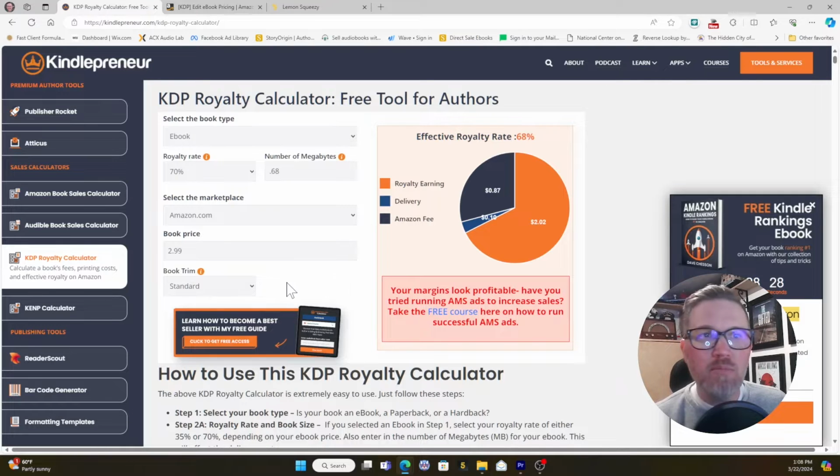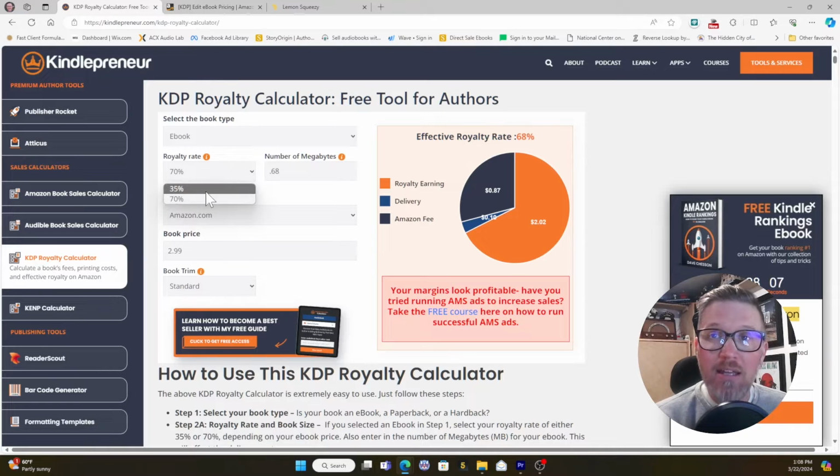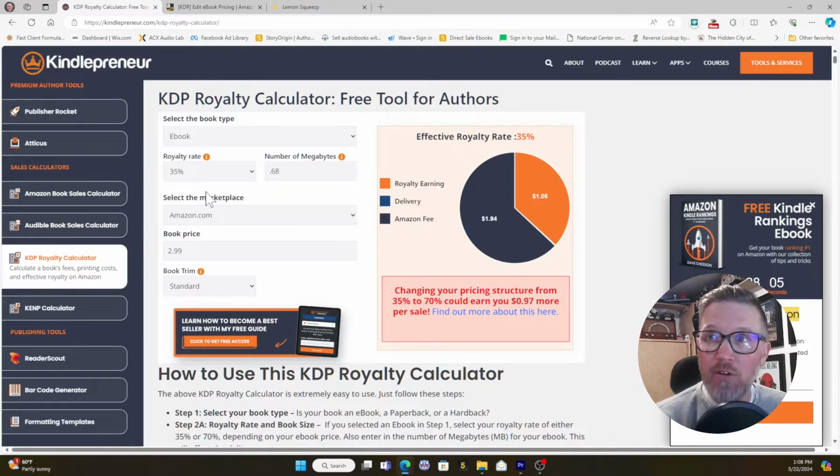Okay, book trim, standard, it's an ebook. So my effective royalty rate is 68%. Buyers pay $2.99. I get $2.02, which is pretty good margins. They charge a delivery fee because I'm using the 70% royalty rate. There's a delivery fee based on the file size. If I take that away and go to the 35%, it takes away the delivery fee,